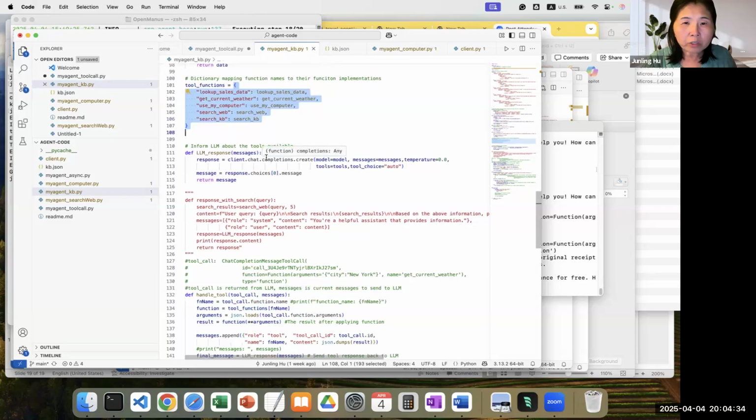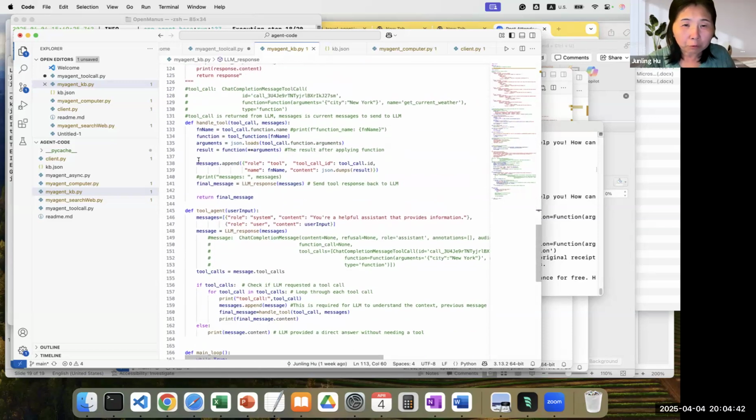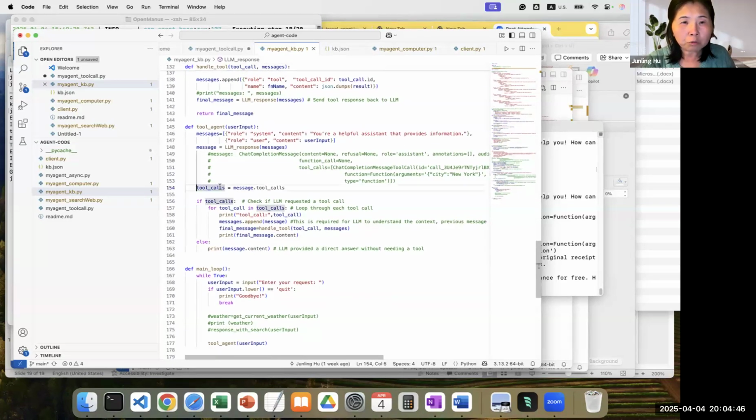And the rest is the same. You send the tool definition to the large language model. When it comes back, if there's a tool call, if the large language model recognizes the user query, the user intention, matches one of the tools, it will call the specific tool, right?